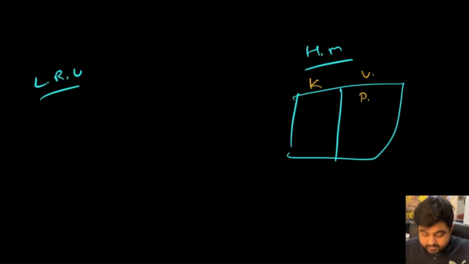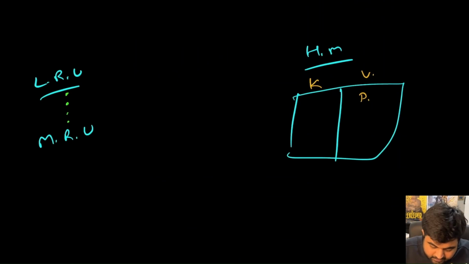Number two item is the moment we use the get operation, we also need to keep track of what is the most recently used item. And there is going to be a bunch of different elements that fall between each other. But basically, the moment we are accessing any particular element, that becomes the most recently used element. The moment we want to kick out any element, we kick it out from the least recently used element, which